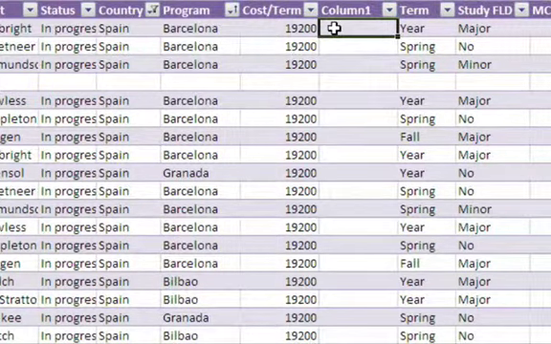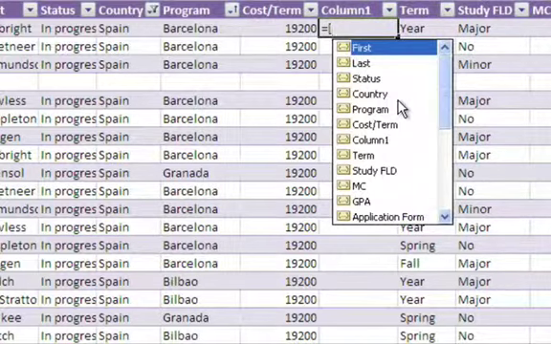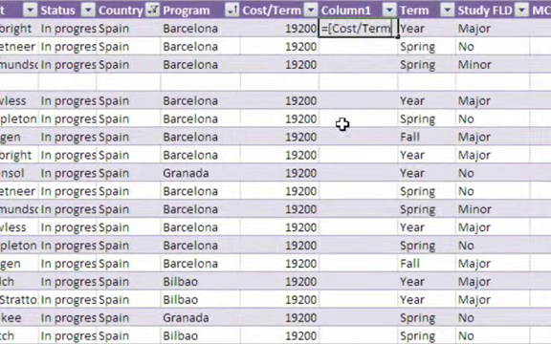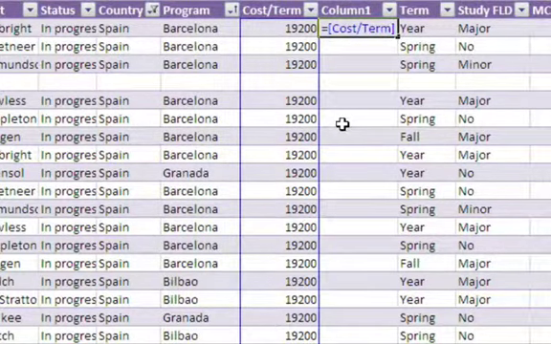And now I can actually start a formula by typing an equal sign. And if I start with a bracket, it will give me the names of all the columns in my table, which means I could choose simply cost term, bracket, and then the rest of my formula, let's say times